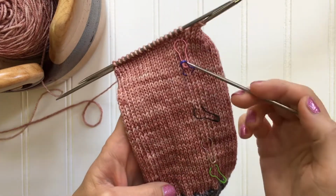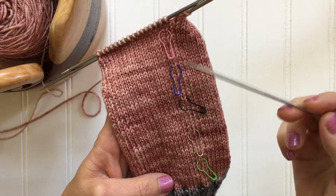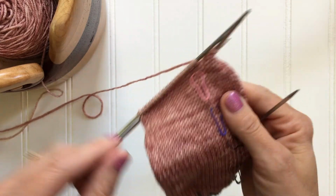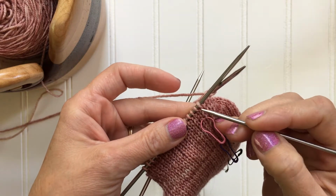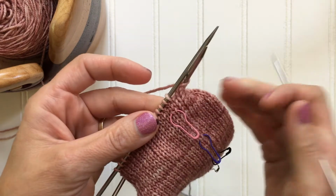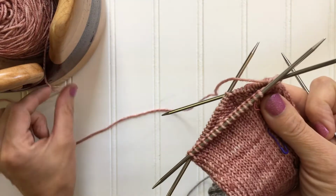Each one of these is 10 rows. So I'm at 10, 20, 30, 40, 50, and then I can just count the remaining. 51, 52, 53 is here on my needle. So I wanted to stop a couple rows